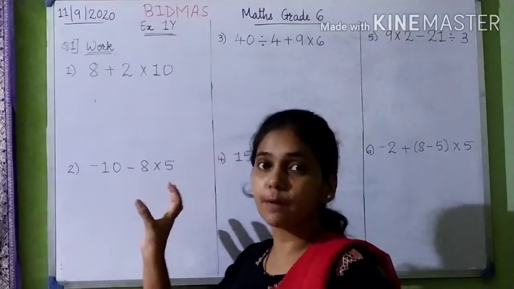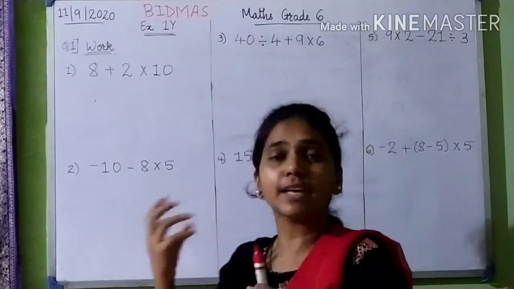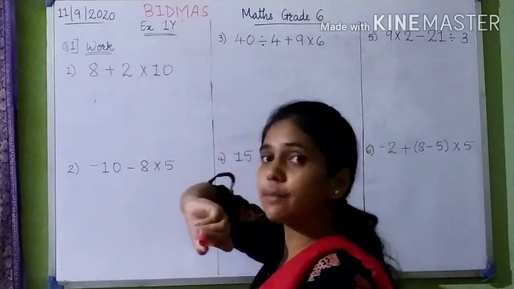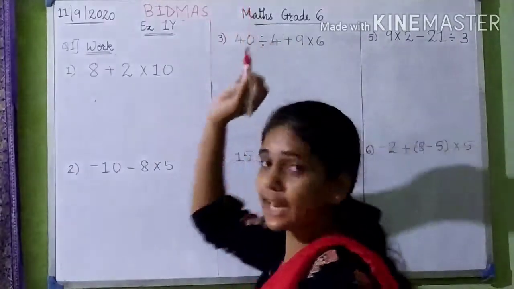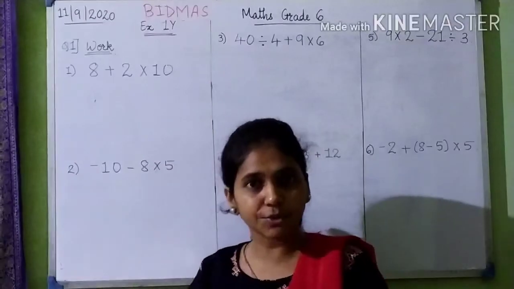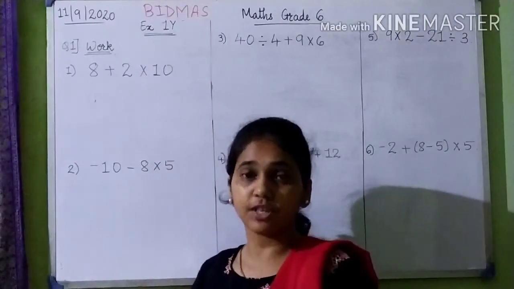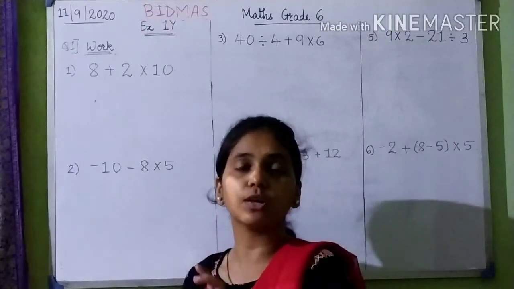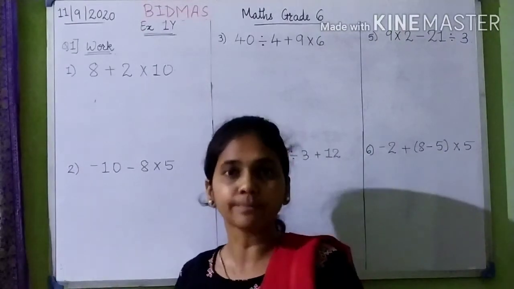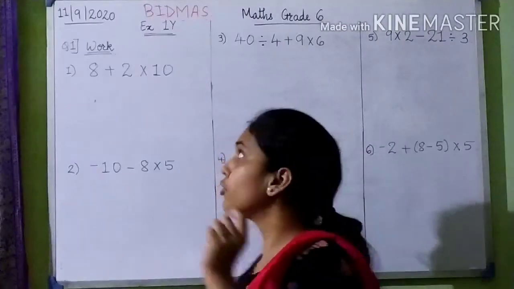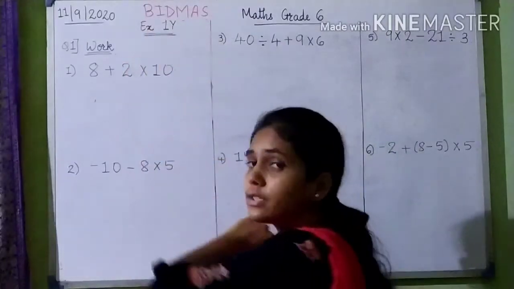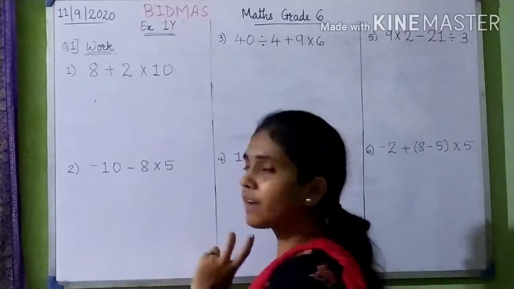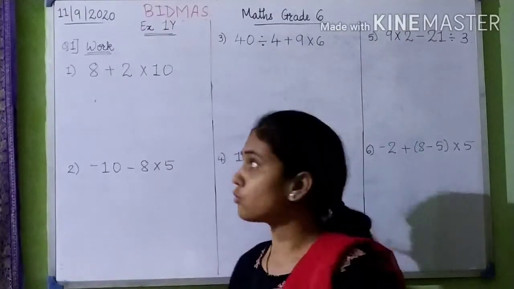If in a particular sum there is multiplication also and there is subtraction also, check what comes first. Multiplication comes first and after that comes subtraction. So first we will solve multiplication and then we will solve subtraction. It is not that anyhow you can solve. You cannot solve subtraction first and then solve multiplication. So we need to go according to this BIDMAS rule and simplify. We will see how to simplify sums using the BIDMAS rule.